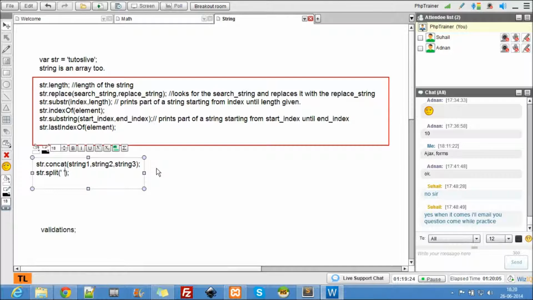Str dot split, and here a delimiter. So what are delimiters? I'll just tell you. And the next is, yeah, this is important, str dot link, href.